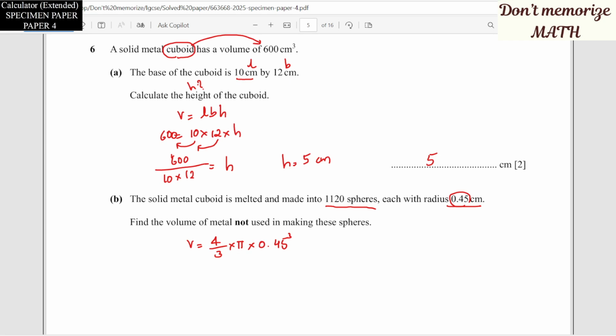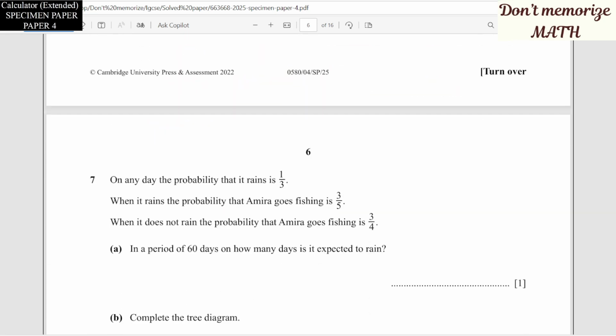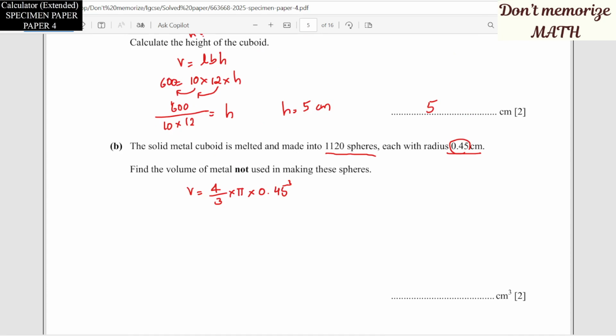Okay, so just check you have part C or not. We don't have part C, so if you are not finding, the final answer is also fine. Okay, you can keep like this, or whatever, like if you are writing the number is also fine. Otherwise, just using calculator, write only the main steps on the paper and do everything else in calculator. That's also fine. So here for you I will write the answer. 4 over 3 times pi times the radius is 0.45 cube. So you will get